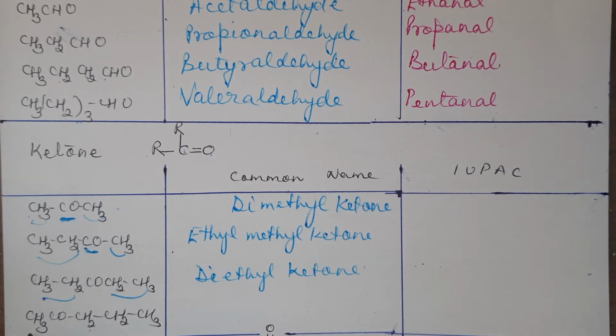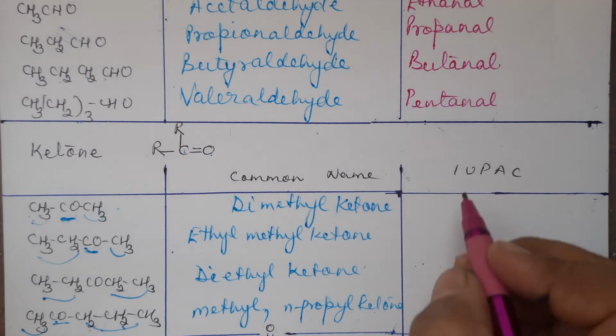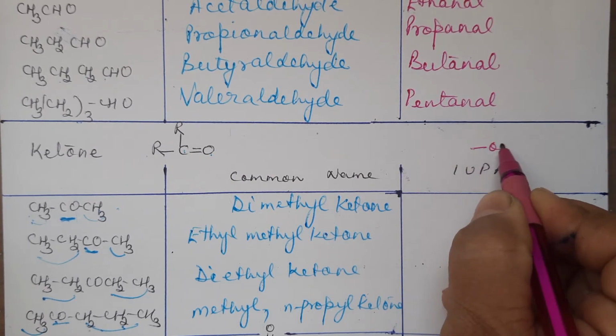Okay. Next one you see, this is ketone. Methyl and this is propyl. Which propyl is it? We need to specify. Okay. So it is N-propyl. So we will write down the name as methyl, then you have N-propyl, normal propyl, then ketone. Methyl N-propyl ketone. When we are giving them IUPAC name, their IUPAC name will have the suffix -one.